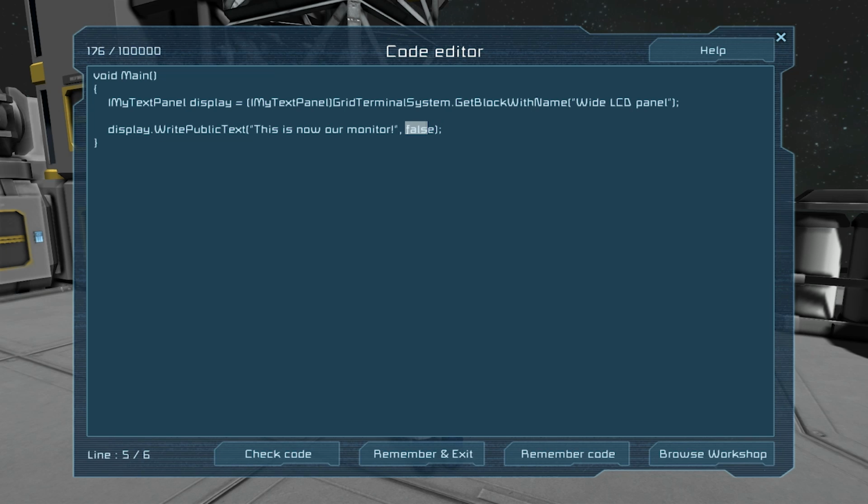I don't remember exactly what this is for, but by default I leave it as false, because I don't really use it any other way. But you need both arguments for this function to operate correctly. So this string, this is now our monitor,